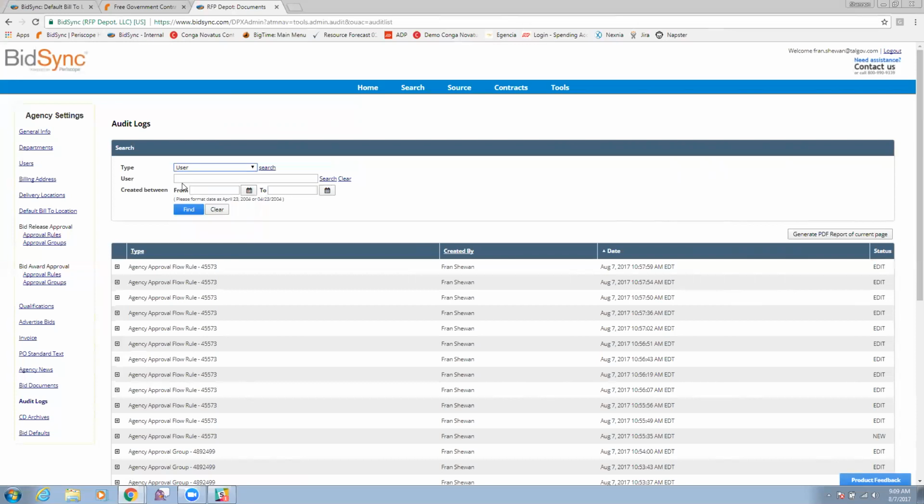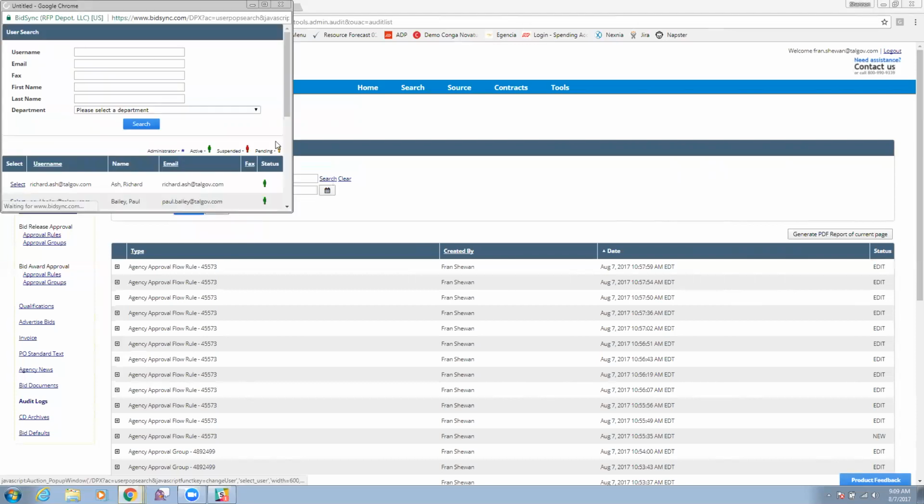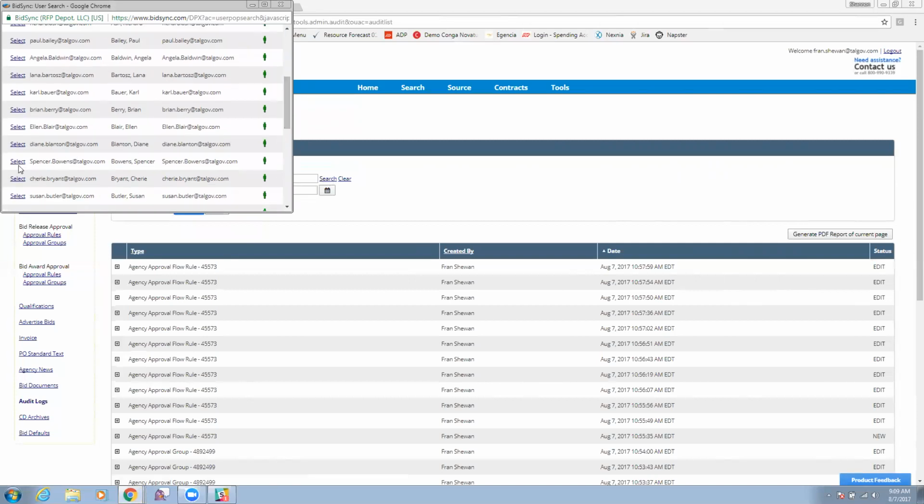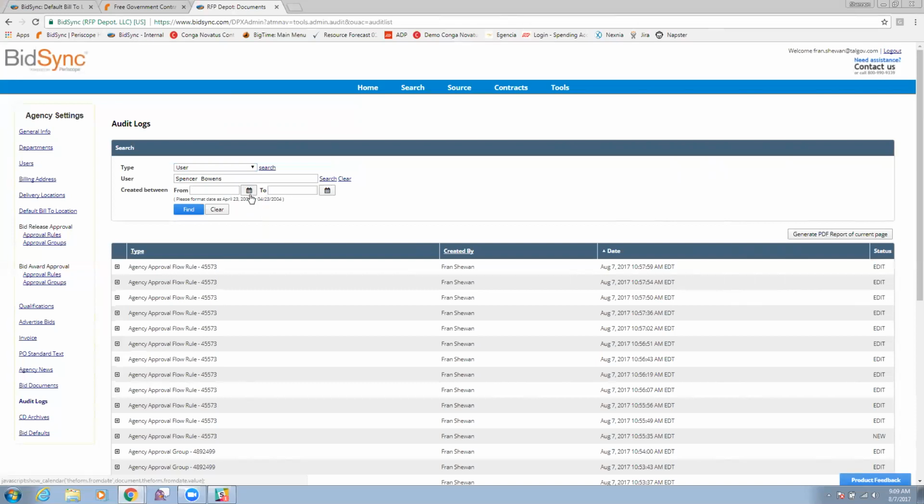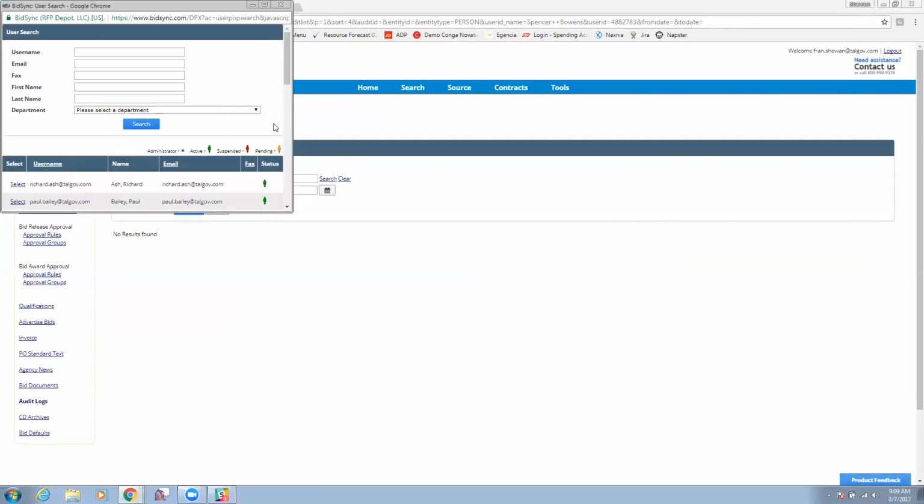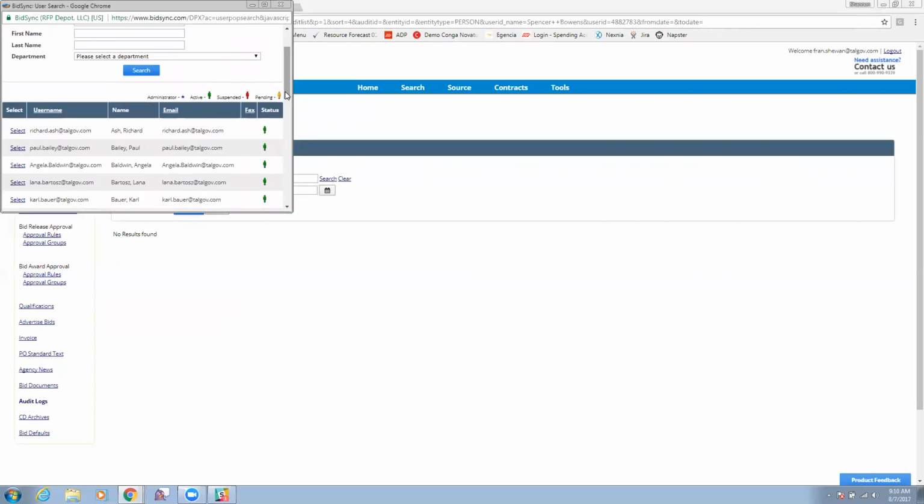So if you wanted to see what's happening on a user level, you would select user. You could select the user on the account. You could look between dates and find, and down below it would give you a history of what that user's done. Right now, Spencer hasn't done anything in the system, so we're not seeing a history for him. But this is basically where you can view those different audit logs in the tool. Let's look at